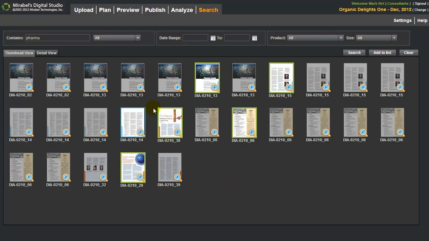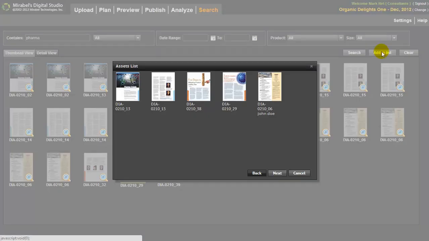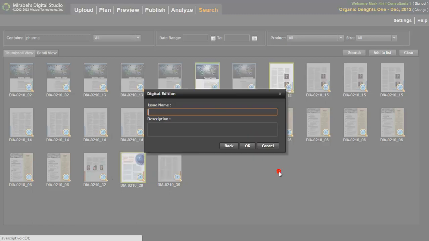Now I'm going to be able to add all these pages to a list. So we'll press Add to List here, and this is the asset list. I confirm the list, press Next, and I can actually create a new digital edition from here. We're going to call this Pharma Extraordinaire, and this is a custom digital edition